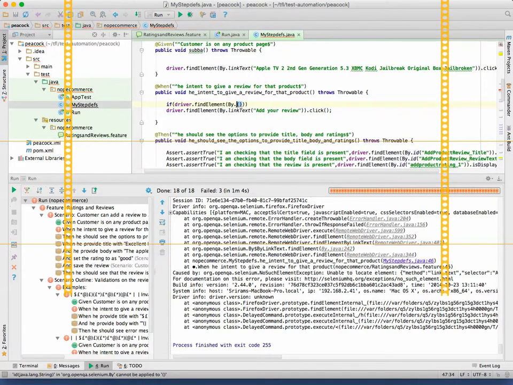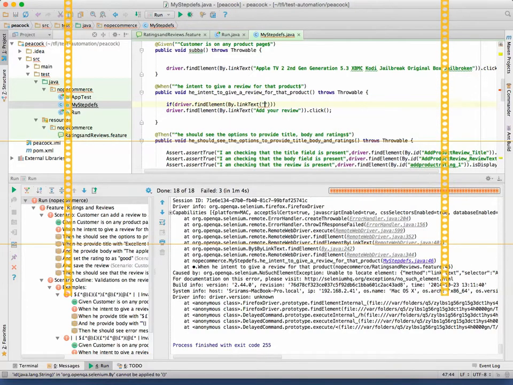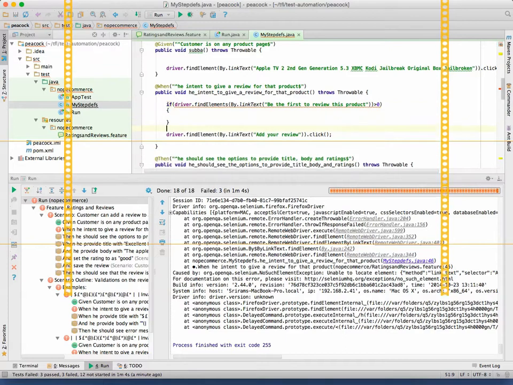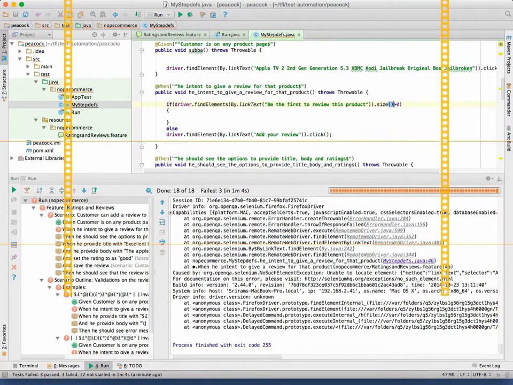So I'm using find elements now. Okay. See, it is intentional. So if that link, sorry, it should be like this. Okay. Find elements. So if that element is present, how many objects will I get? One. I'll tell you, wait, just a minute. It's a little bit of logic again. Okay. If find elements dot count, size, greater than 0, that's a list of elements.